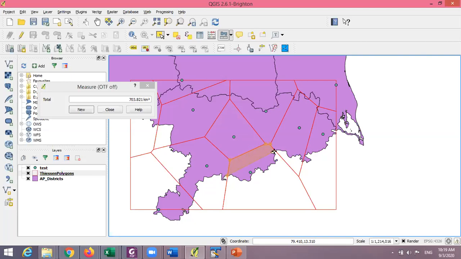Isn't there a guidance system like in AutoCAD, where the edges are marked out, so you can easily point to them? Unfortunately, this one doesn't have that, or maybe there is a way to do it, but are you interested in that level of accuracy? As long as you get it approximately okay, it's fine. I'm not interested in getting the accurate answer in any way. Anyway, this is an estimate of the average rainfall. It is not the actual average rainfall.